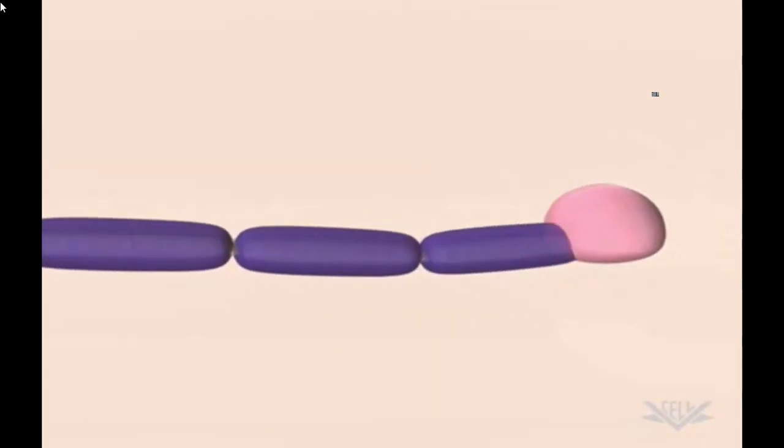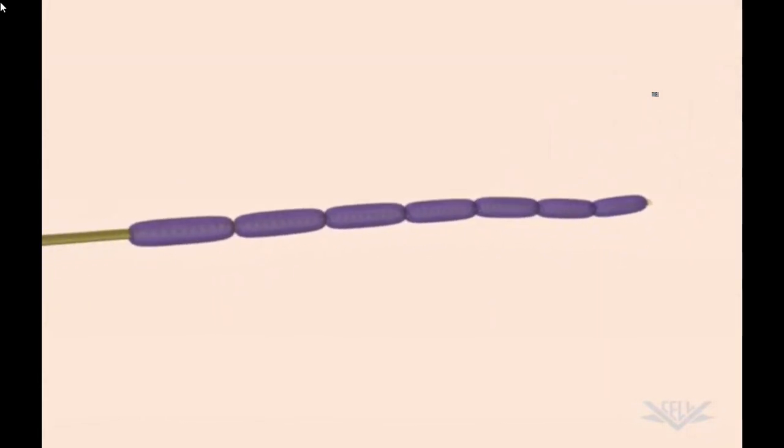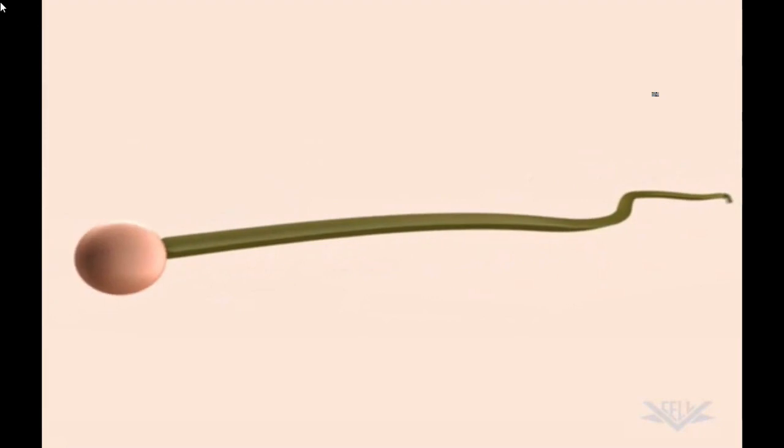When the tail reaches its full length, the poly-A polymerase is signaled to stop adding residues, and the polyadenylation process is complete. The processed mRNA is now ready to undergo splicing in preparation for translation.